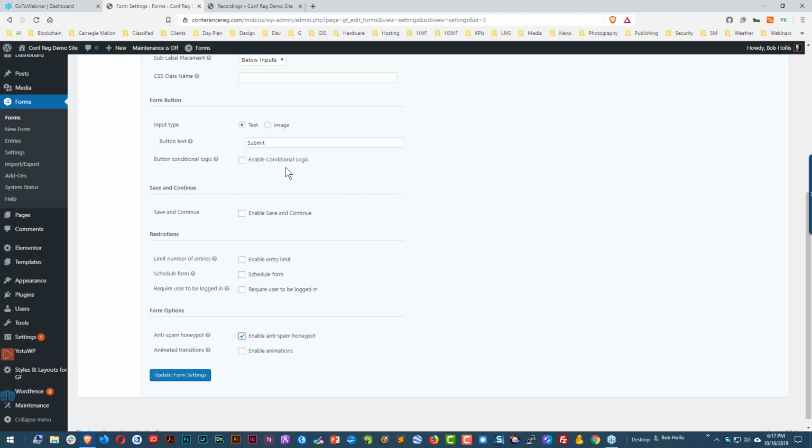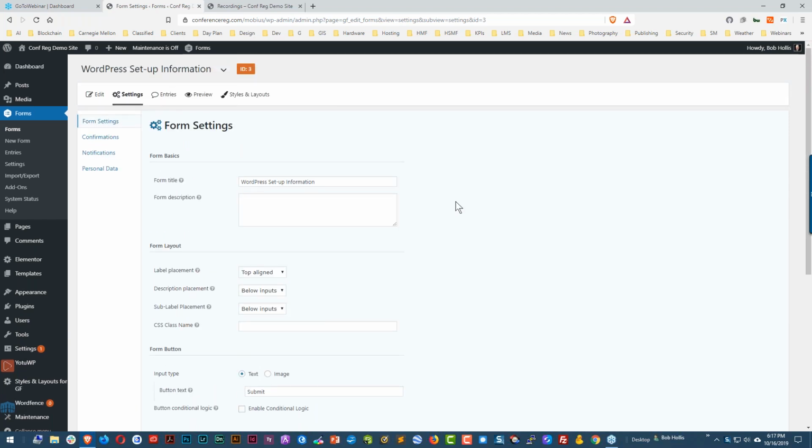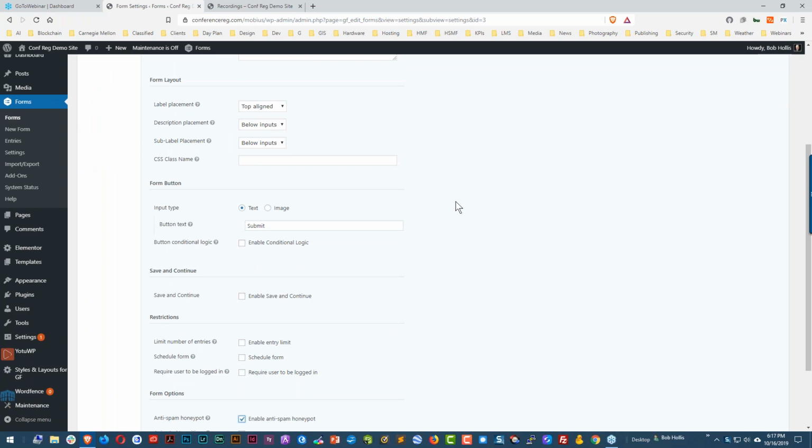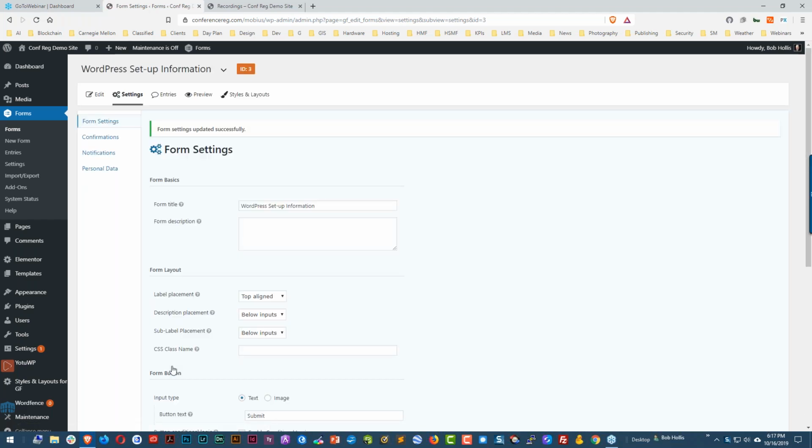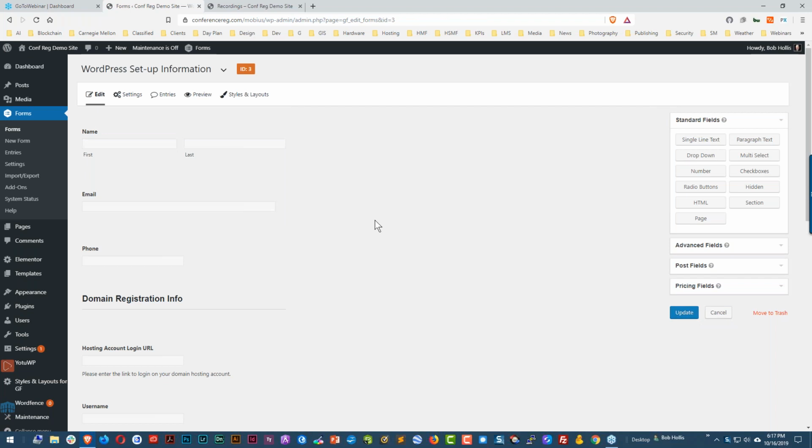This is called conditional logic, and this is the form button, so that's what you use to submit the form. Suppose that you wanted to make sure that only people who were, say, over 18 years old were able to use your form. I'm going to update the settings because I made one change. Now I can go back here, and I'm just going to add a question of that nature. So if you're providing information where you want them to be able to select more than one option, you can